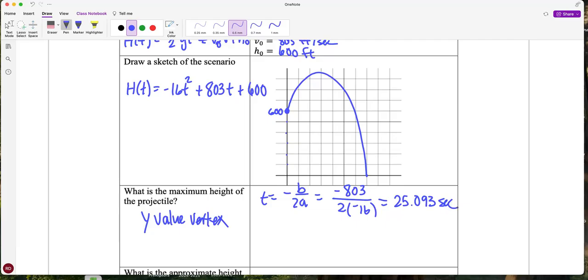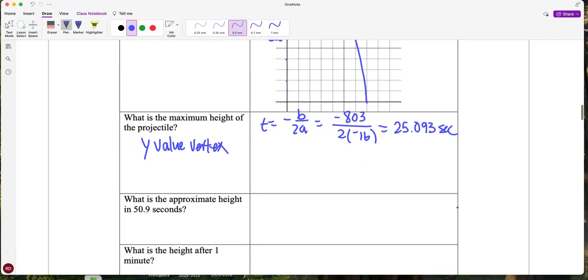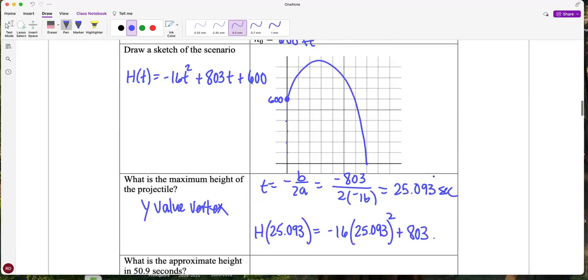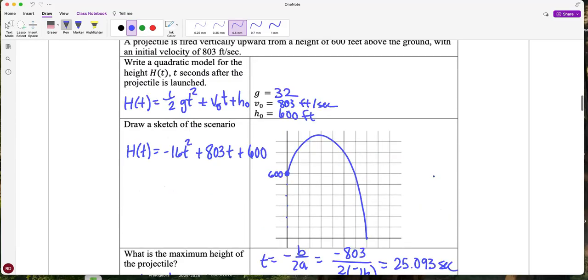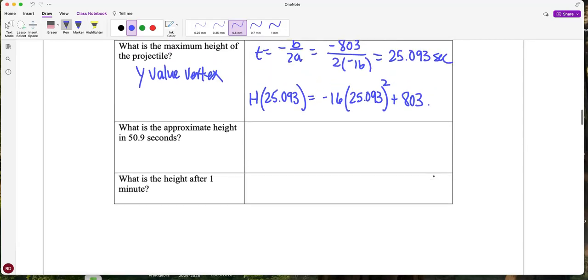So it's going to be 25.093 seconds before I reach my maximum height. So what is the maximum height? I'll just need to plug that in. So that's going to be h of 25.093, which is negative 16 times 25.093 squared plus 803 times